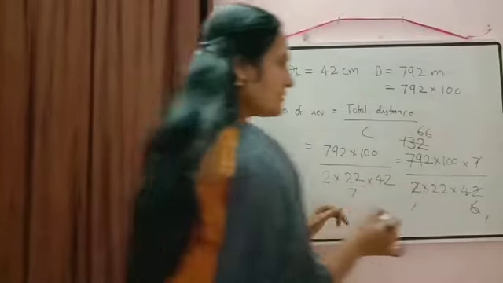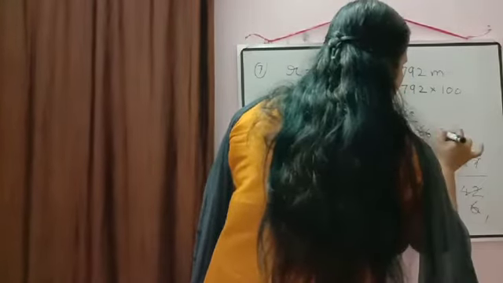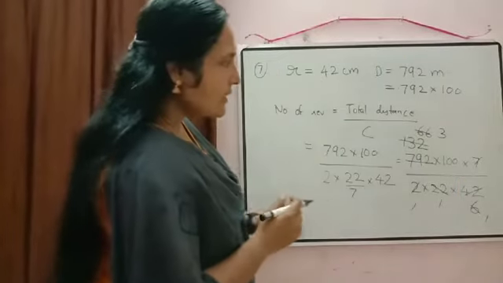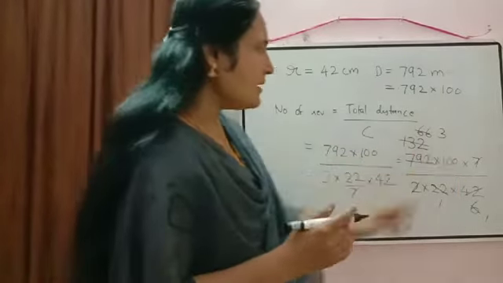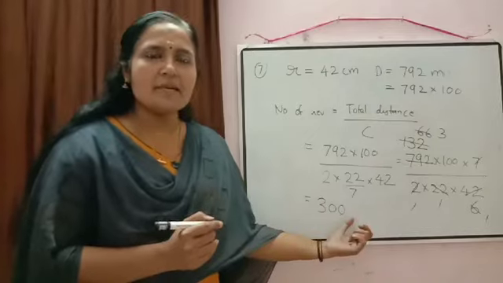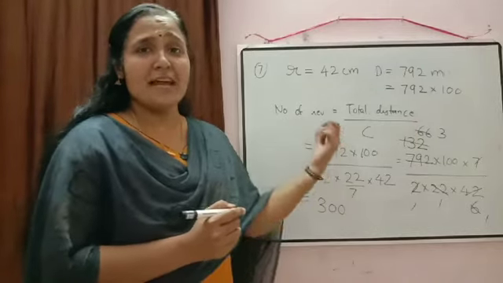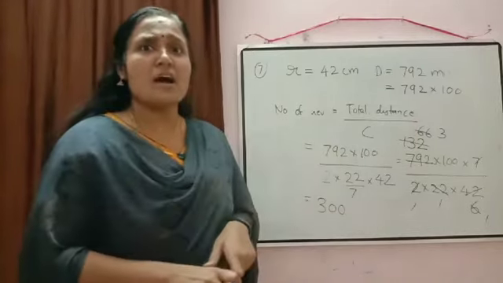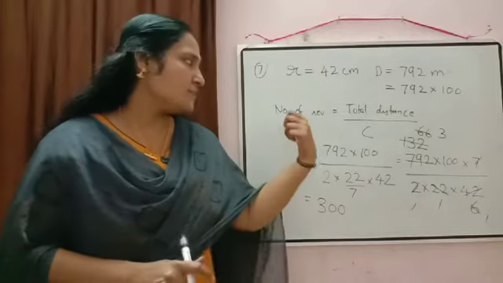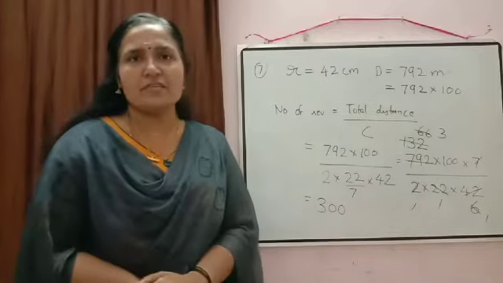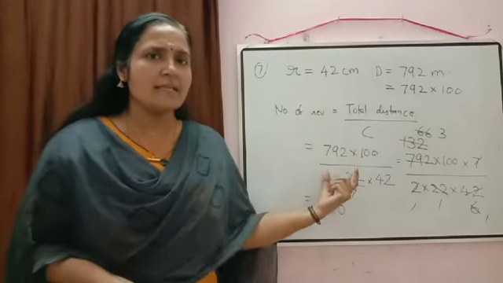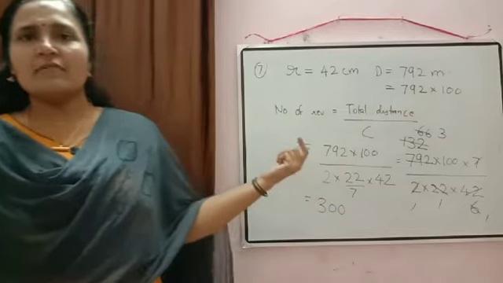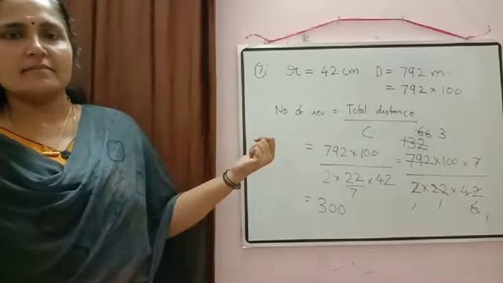22 and 66 we can cancel there. So 22 and here 3. So what we are getting remaining here? Rest everything cancelled. 3 and 100 only remaining. So number of revolutions is equal to 300. What will be the unit here? No unit, because we are calculating the number of revolution. How many rounds it will go there. So answer will be equal to number of revolution is 300. So I think it is clear how we are using the concept. Okay. Now we will check the next question.